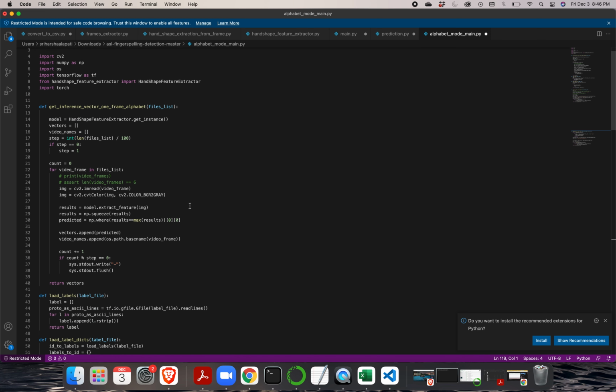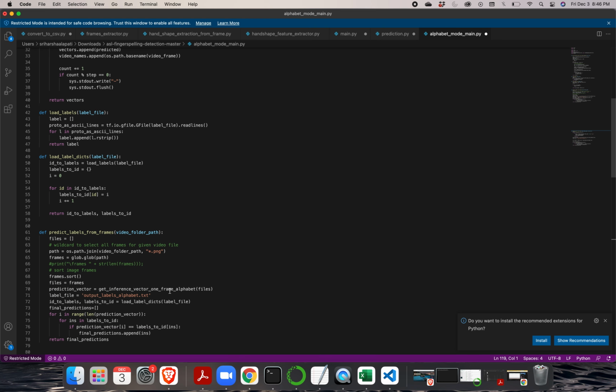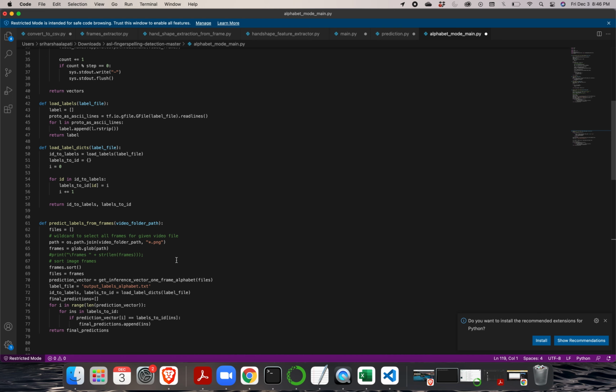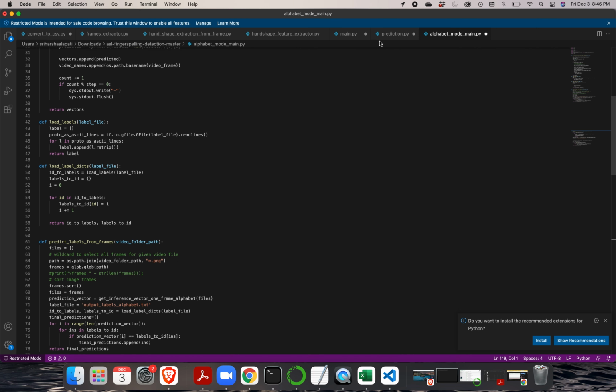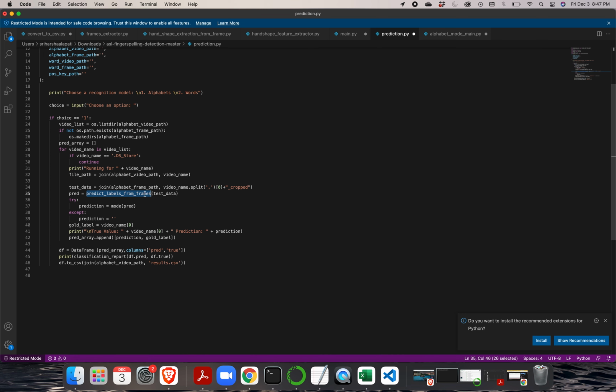the hand, the box, the cropped feature, into 80% train and 20% test. And then we have used the given CNN model to predict the alphabet, and it will write the prediction to the CSV file.